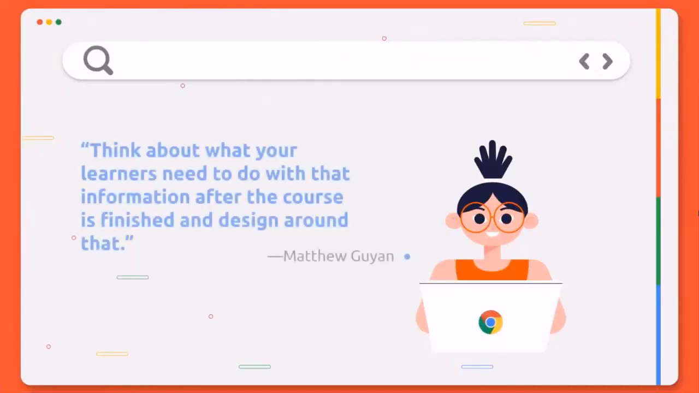I would like to leave you with this quote by Matthew Guyan, a learning experience designer. Think about what your learners need to do with that information after the course is finished and design around that. As you work your way through your PD,